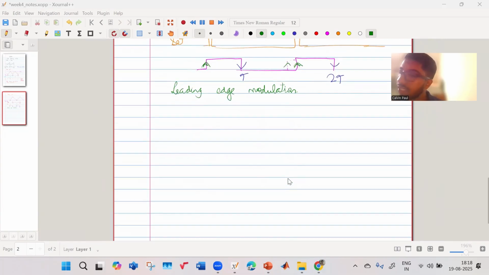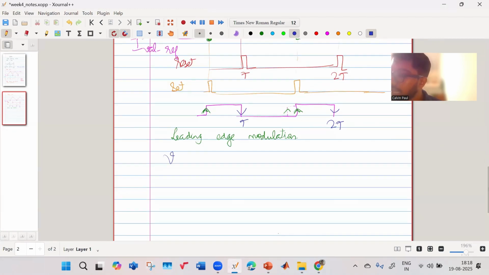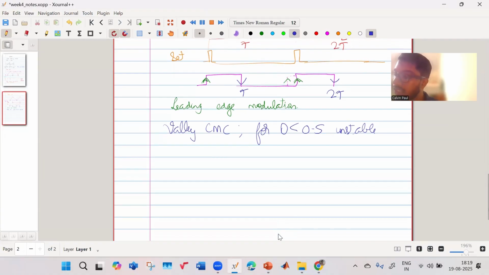So there are other control techniques as well. Now we will go to the variable frequency ones. I'd like to point out that valley current mode control also has the subharmonic instability. It has it for D less than 0.5. For D less than 0.5, valley current mode control is unstable. Now let us go for another technique, a variable frequency one,